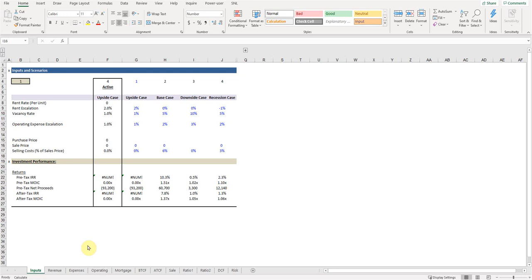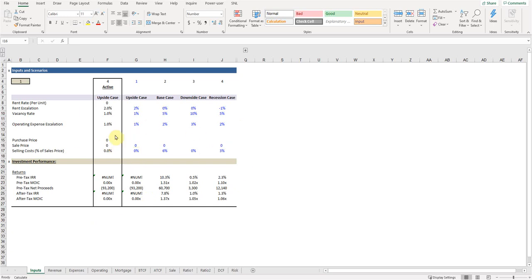This is the same model that I've used to price out millions of dollars in real estate transactions and has helped me close on over $1.2 million worth of rental property within my local area. I'll show you exactly how to run various sensitivities as well as how to price out an exact real estate property. So the first spreadsheet that you'll see once you have the model is the inputs tab, and this tab